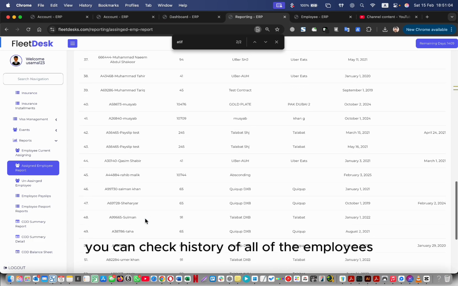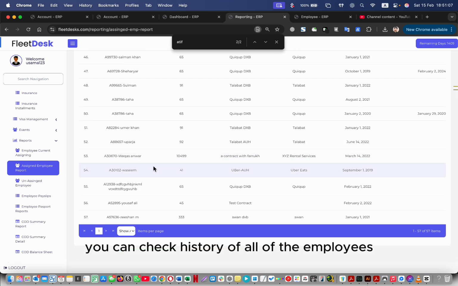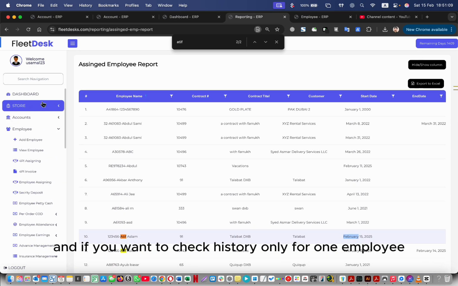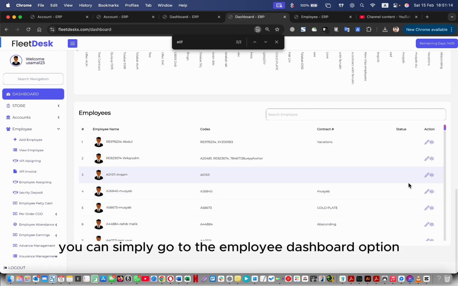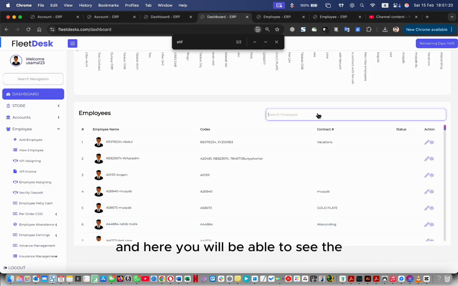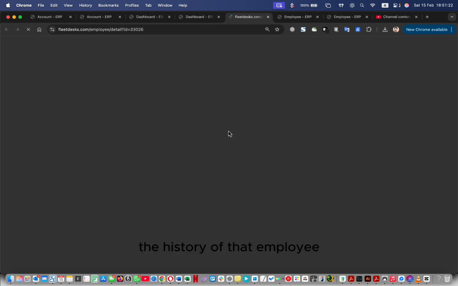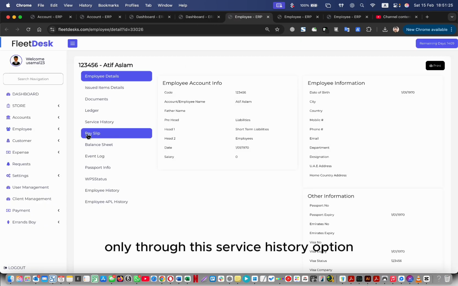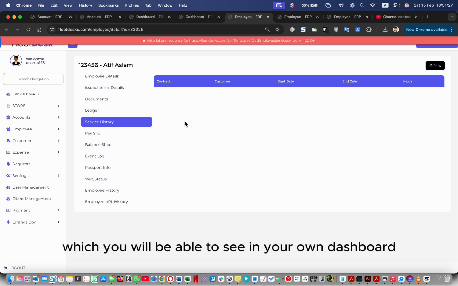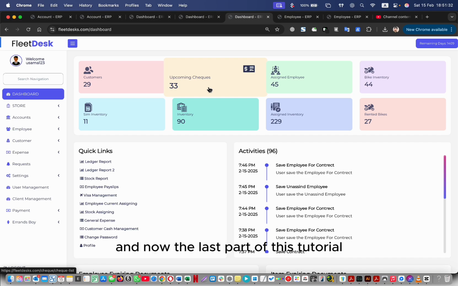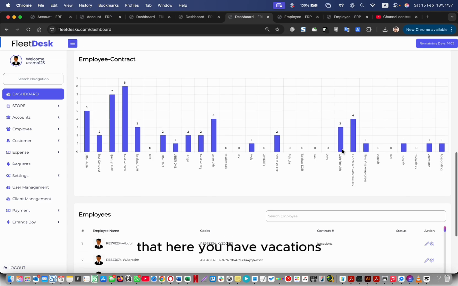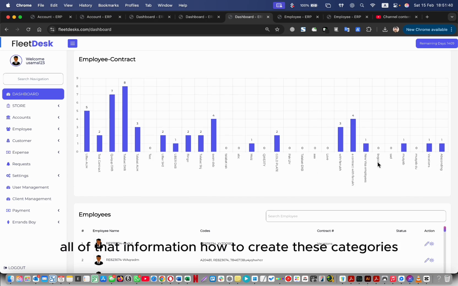So this report, you can check history of all of the employees, and if you want to check history only for one employee, you can simply go to the employee dashboard option, and here you will be able to see the history of that employee only through this service history option, which you will be able to see in your own dashboard. And now the last part of this tutorial, that here you have vacations, absconding, all of that information,